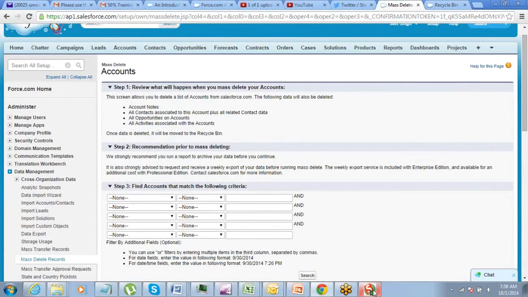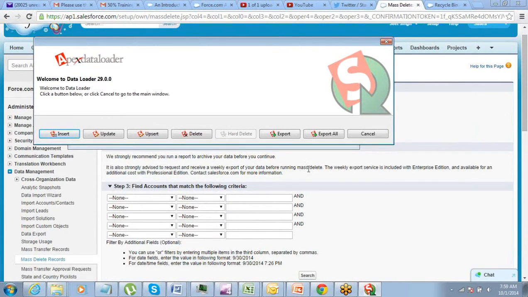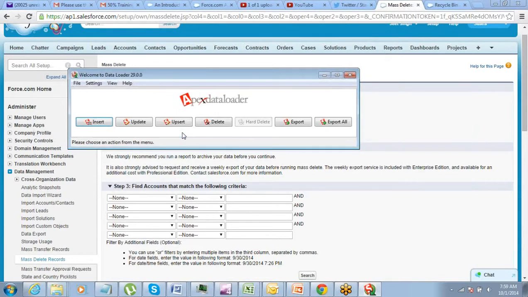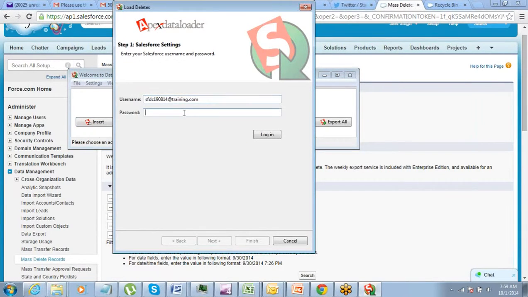If you want to do a delete using data loader, then you have to provide a file which contains the IDs of the records.